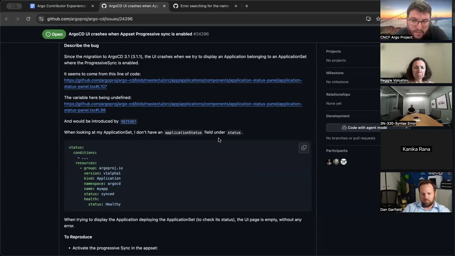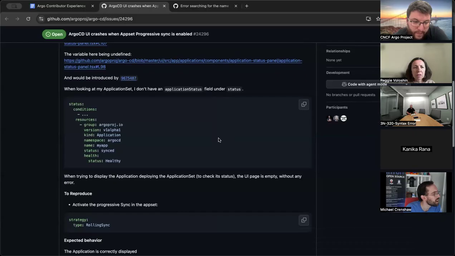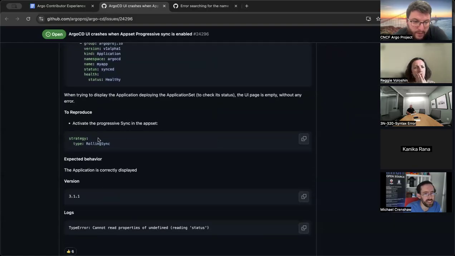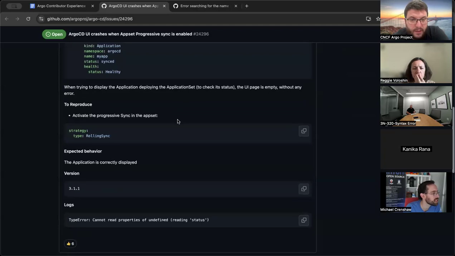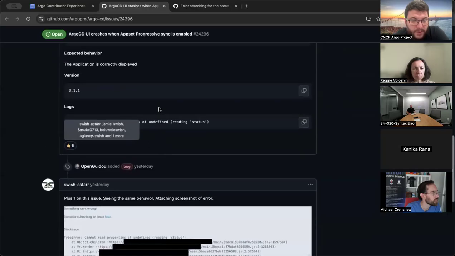If there is no application status, trying to find an order would be difficult with progressive sync. So application status is crucial, right? Basically, how is it possible for the health.status field to not be populated by the application set controller? Well, is it health.status? If you say that it's pretty easy to reproduce, and again, I see a lot of likes, so potentially it's